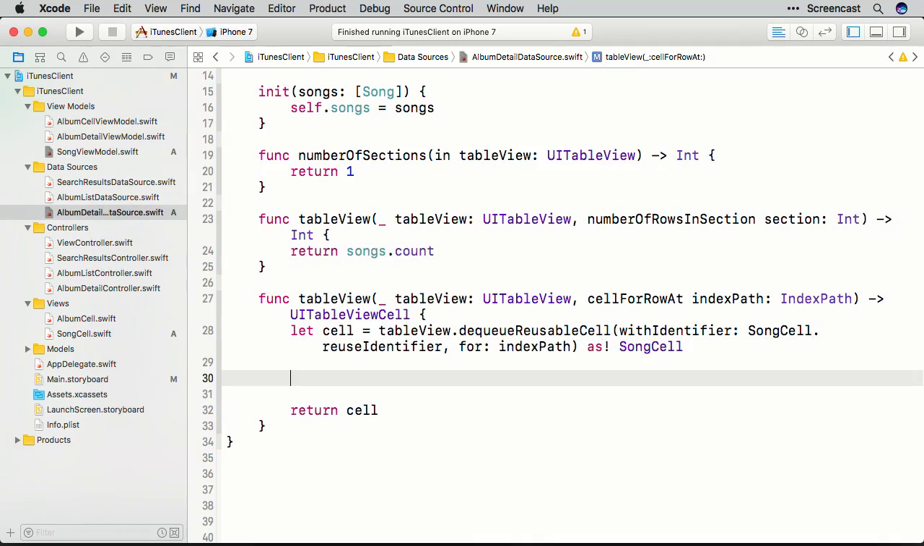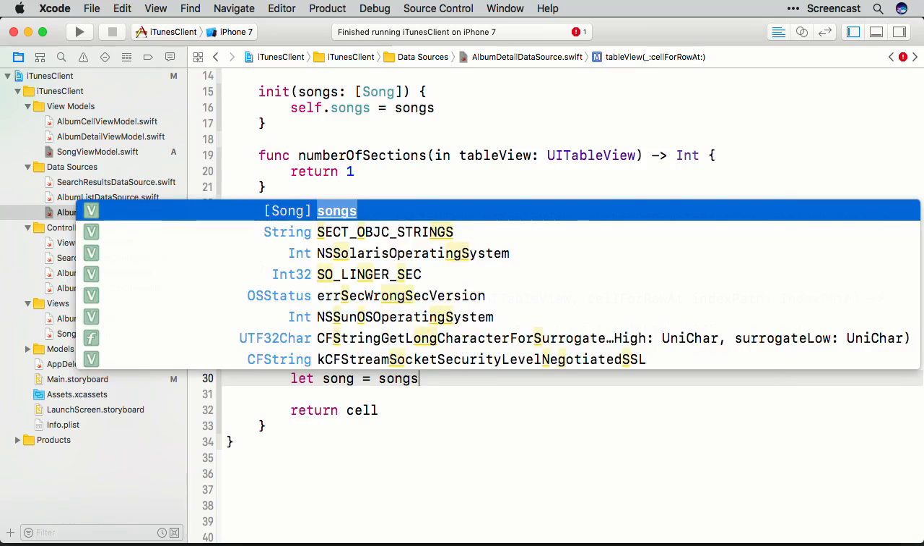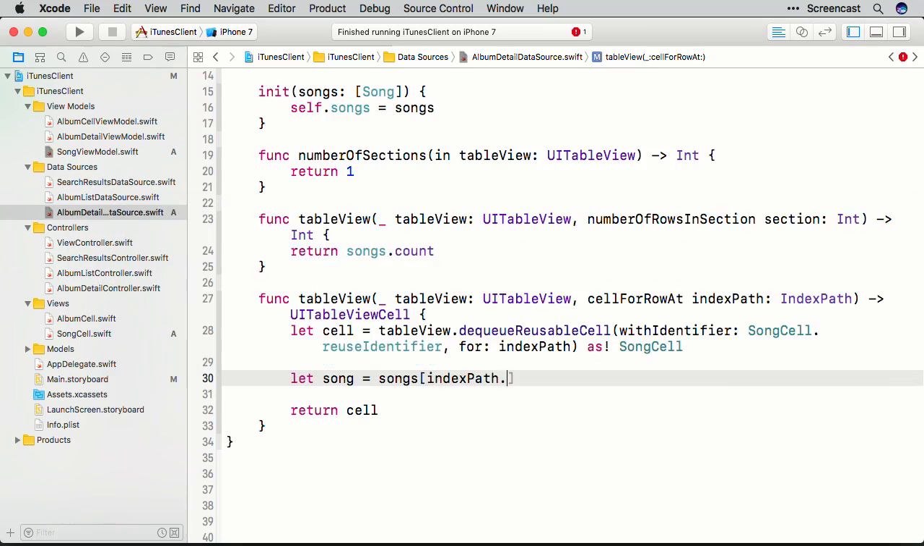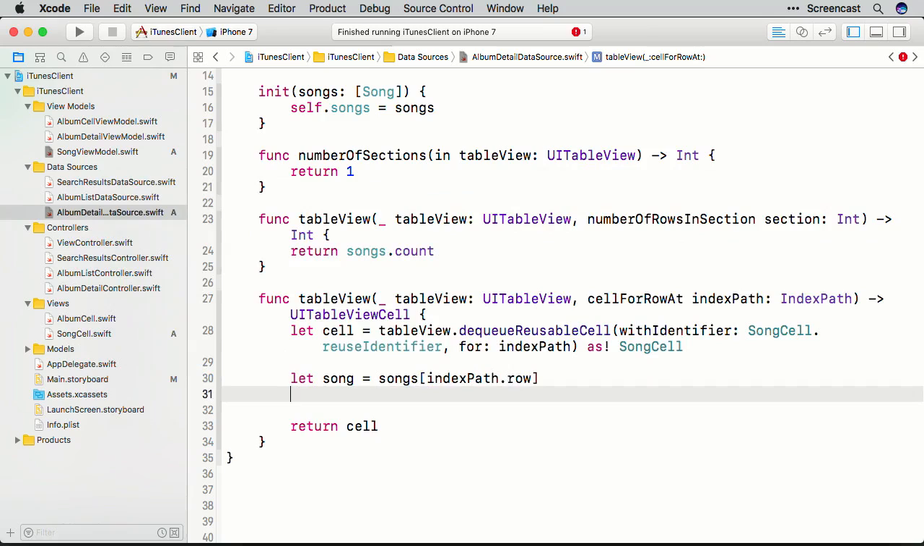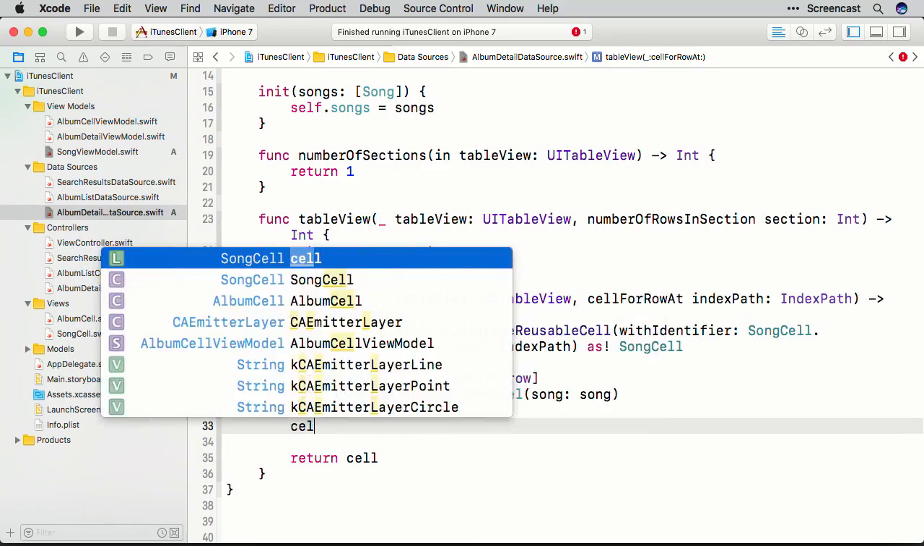And then in here, we'll say let song. We need to grab the correct song from the data source, and we'll just say songs index path.row. And then we'll create a view model out of this. So song view model, and that takes a song. We'll pass this through. And then finally, we can say